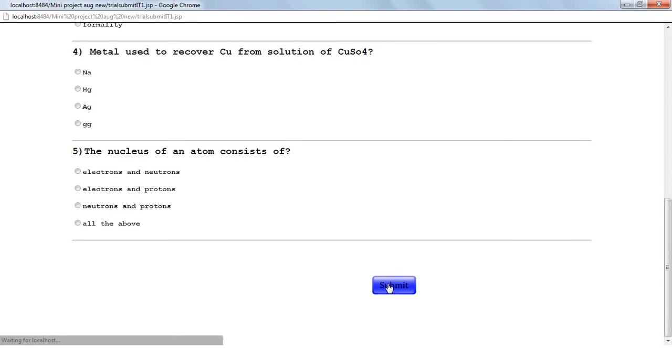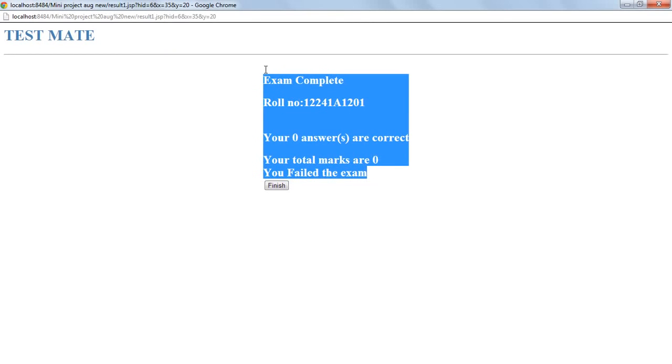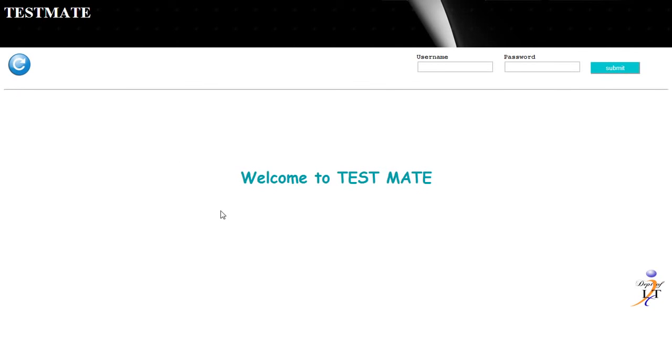And once he clicks the submit button, a report will be generated for him showing the exam has been completed with his roll number and how many answers he got correct, and whether he passed or failed the exam. Once he clicks the finish button, the exam will be completed. This type of examination system will be very useful for the colleges or for the schools to improve the knowledge of the students by